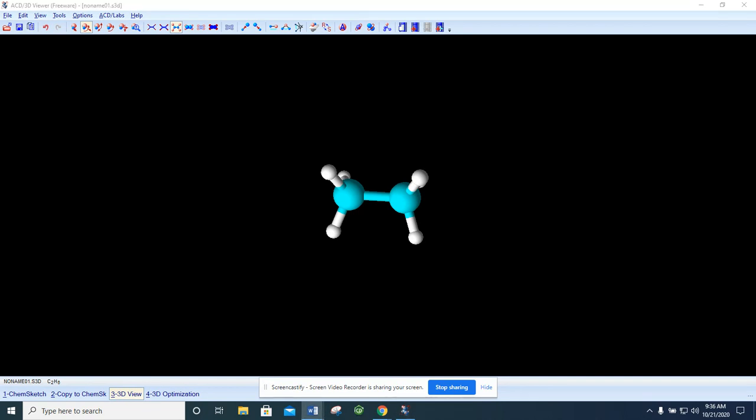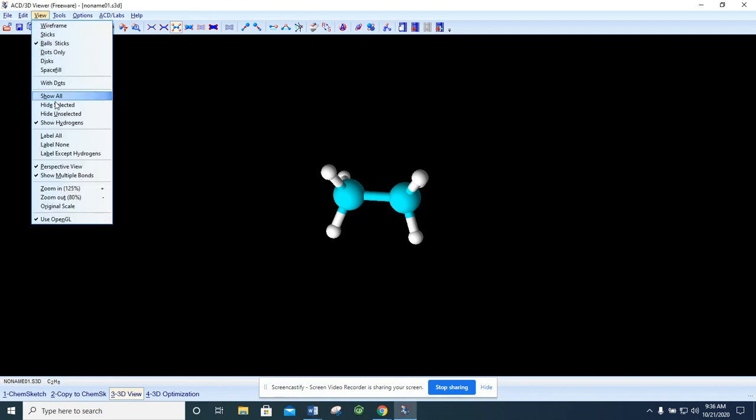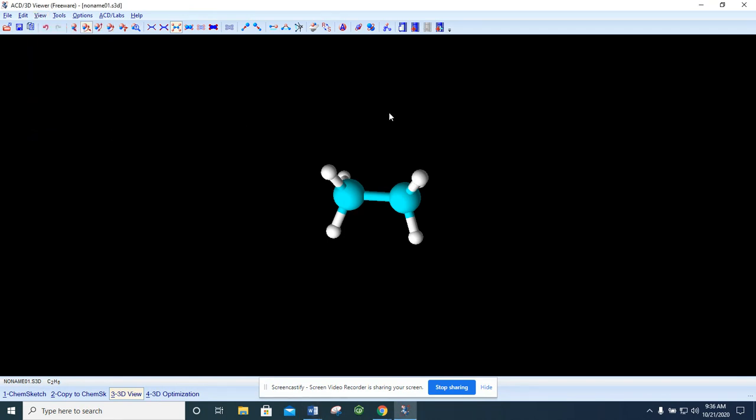Oh, okay, yeah, we can do labeling. So if we go up here to view, label all. Wait 10 minutes. Boom. Carbon, carbon, hydrogen, hydrogen, all that good stuff. Okay. All right. We can also